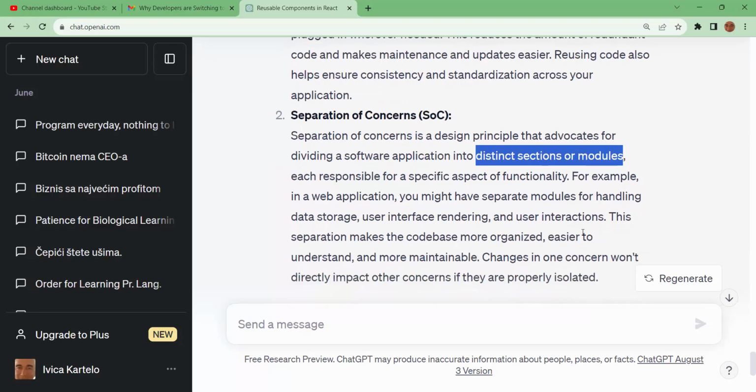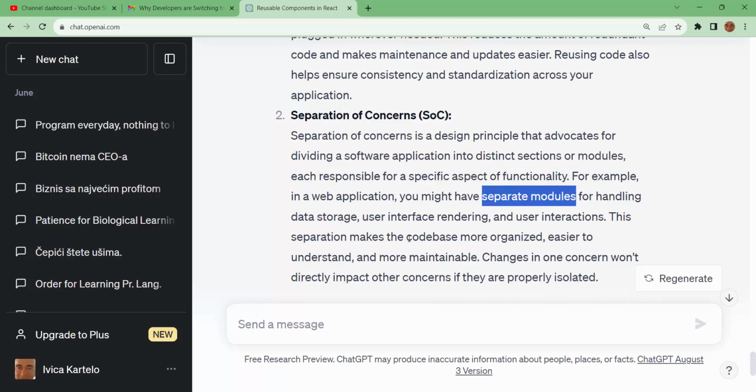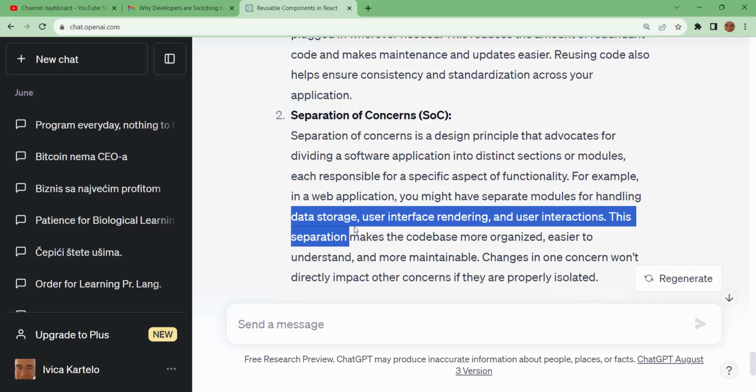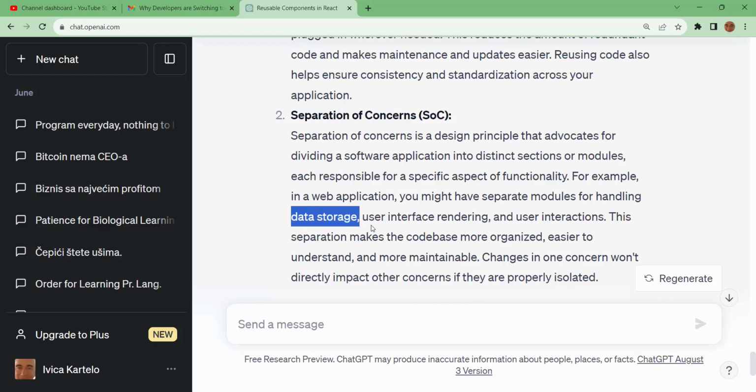For example, in a web application, you might have separate modules for handling data storage, user interface rendering, and user interactions. This separation makes the code base